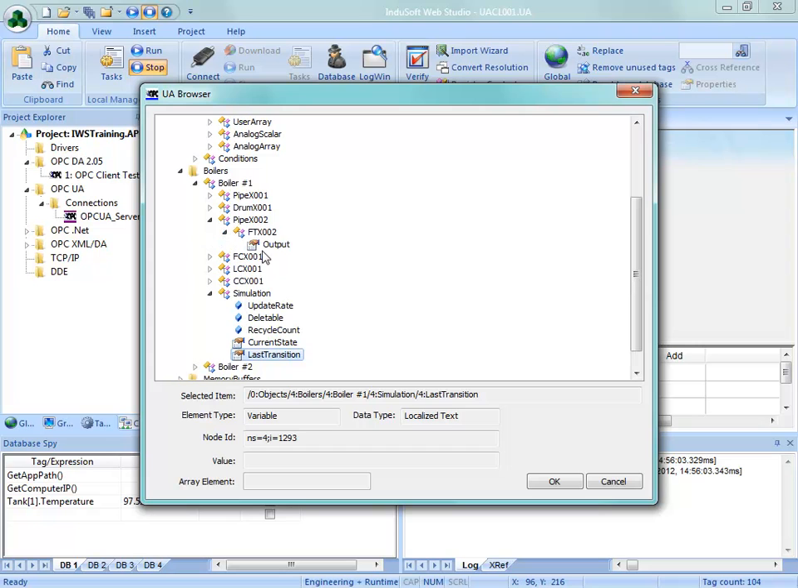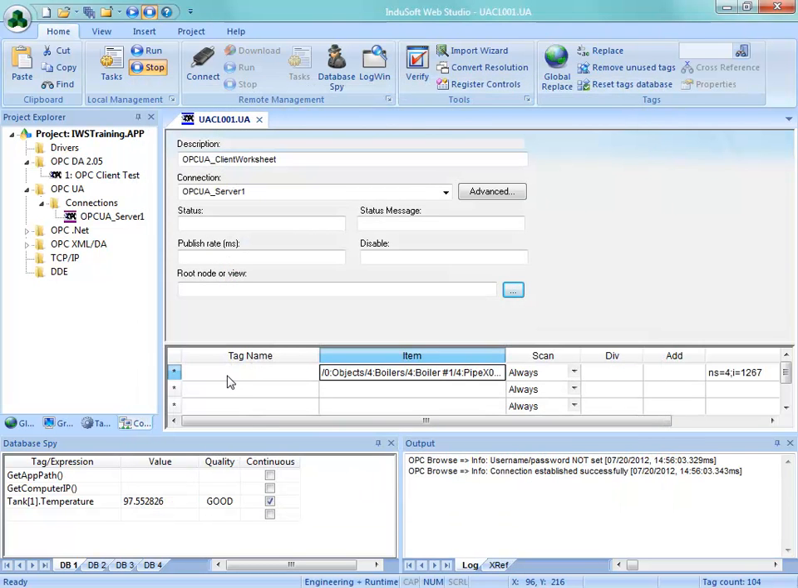Let's see, pipe. And there's an output. So you see that the data type is a double in that case. And then I would assign that in a similar fashion to an InduSoft tag name here. Okay, so that's about all I'm going to cover under OPC UA. You can see how that is set up, and I don't necessarily have some simulation going on in the OPC UA server that I have loaded. That's a test server that we have from